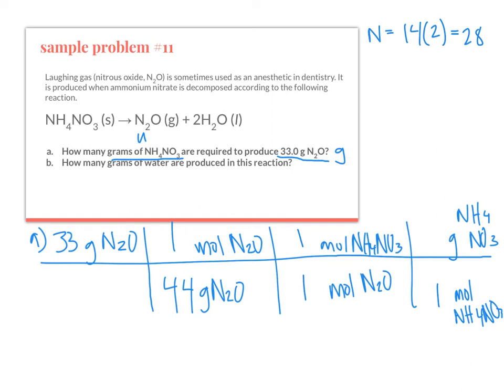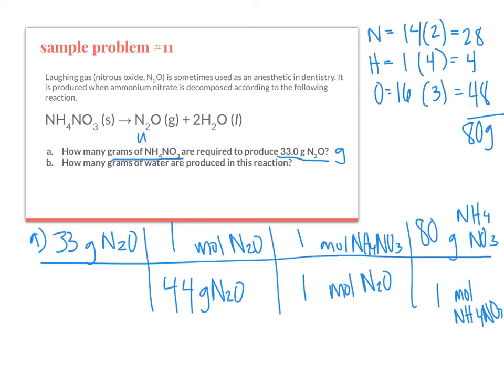And then we have hydrogen, which is 1, but we have 4 of them, so that's 4. And then we have oxygen, which is 16, but we have 3, and that is 48. I did that in my head. Okay. Now you add all those together, and you get 80 grams